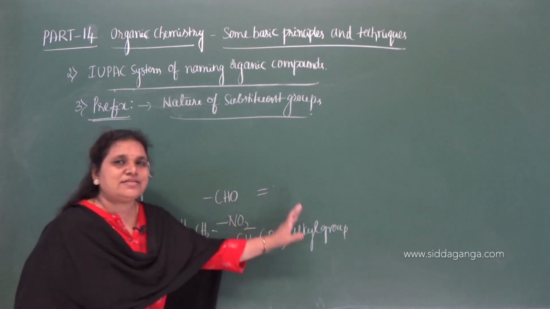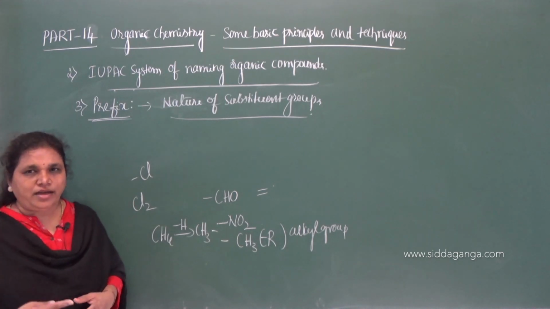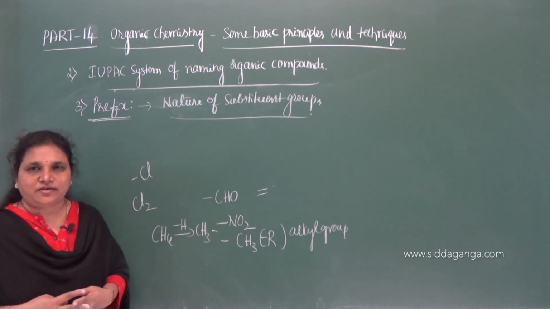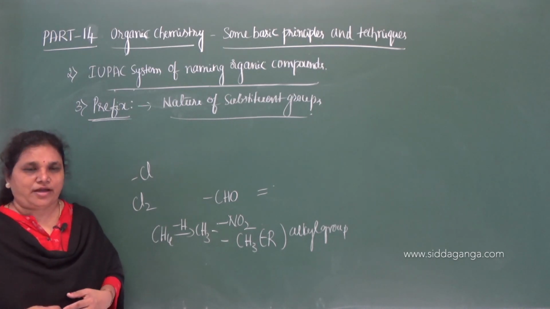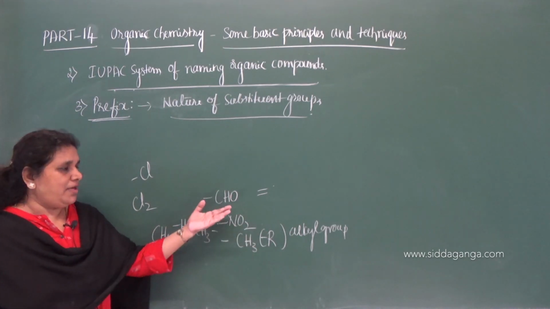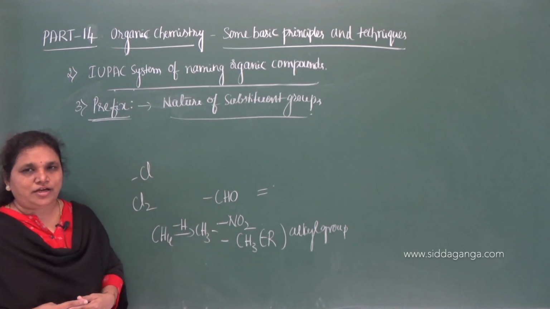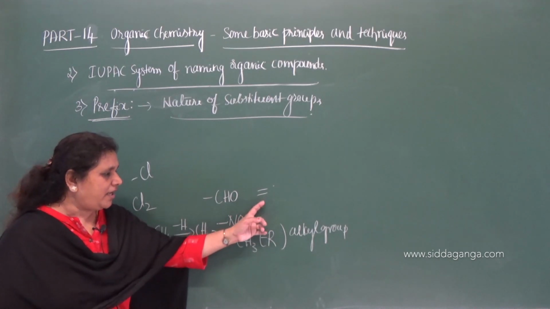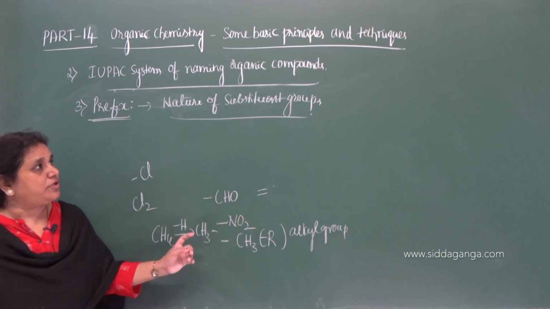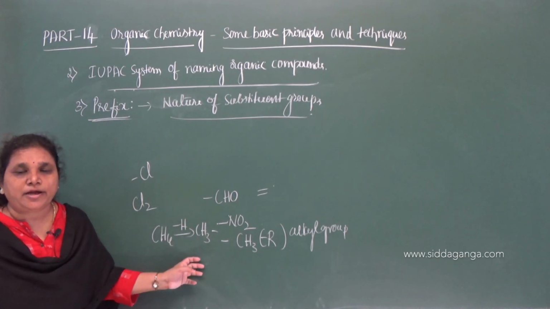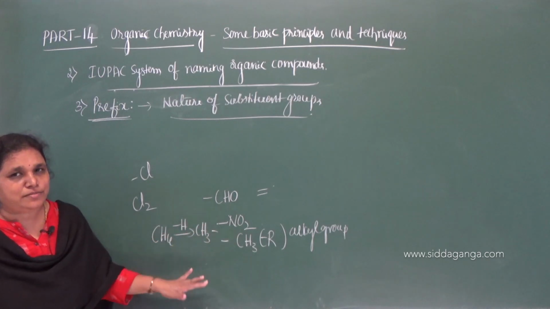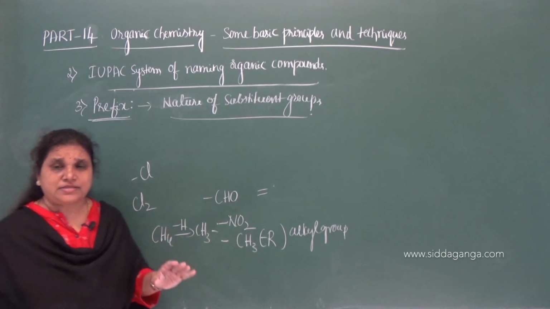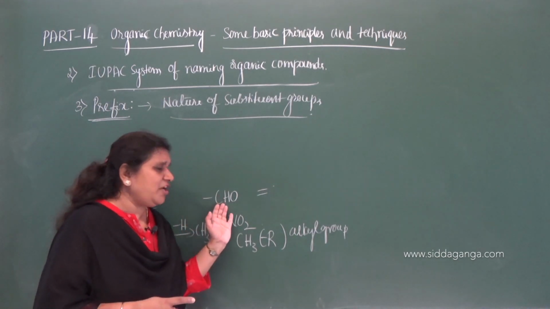So, no doubt all these are functional groups depending on the priority. So, how can we give the priority? Depending on how they will give the properties of the given organic compound. On the basis of that, we can categorize it as primary functional group, and these are the secondary functional groups. Secondary functional groups are again classified as substituent groups. Substituent groups are the groups which are obtained by the loss of one atom from the neutral molecule. So, their preference is less in an organic compound when they are present along with the functional group and the multiple bonds.